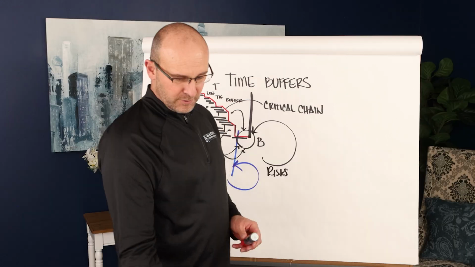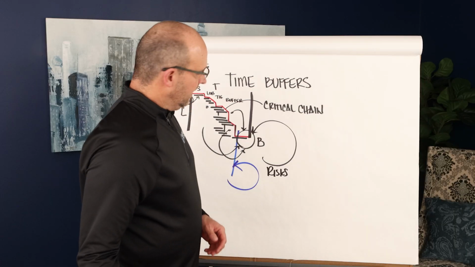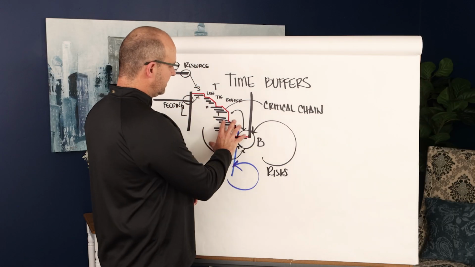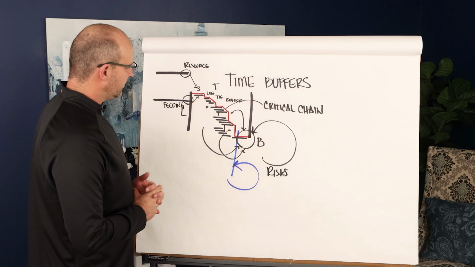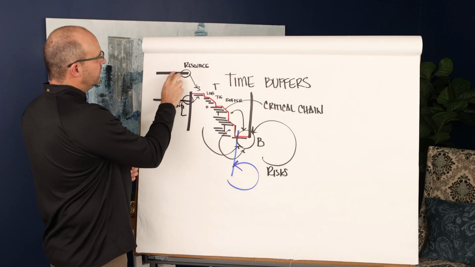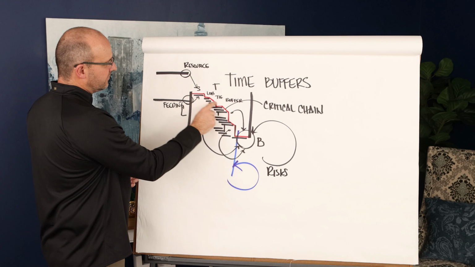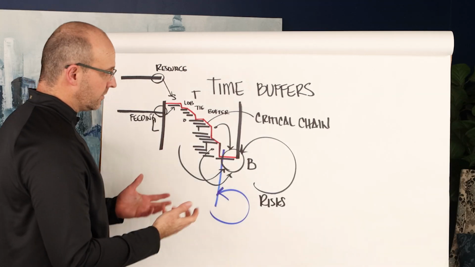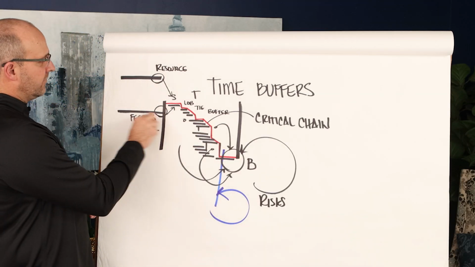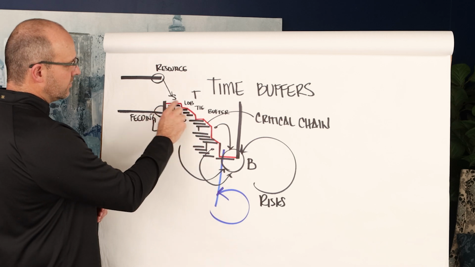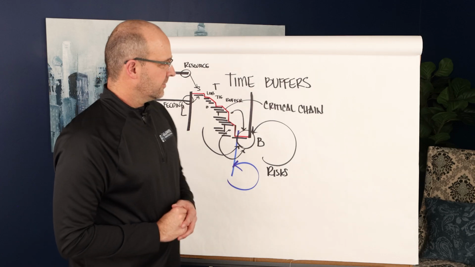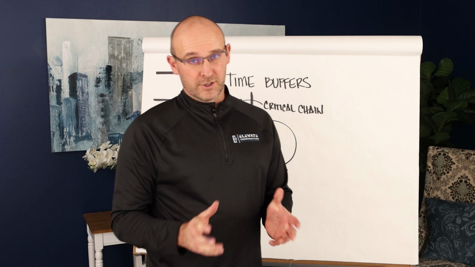So there's a couple of purposes for these buffers. Number one, this buffer protects the overall project from extending past the owner's substantial completion date. The resource buffer makes sure that the supply chain doesn't affect the path of critical flow or the critical chain. And your feeding buffer, other timelines, make sure that the same thing doesn't happen, meaning that it won't negatively impact the path of critical flow or your critical chain on your construction project.